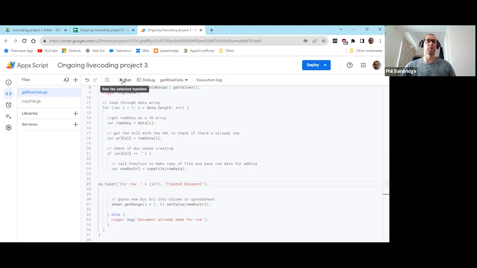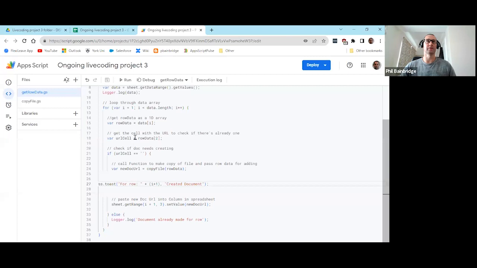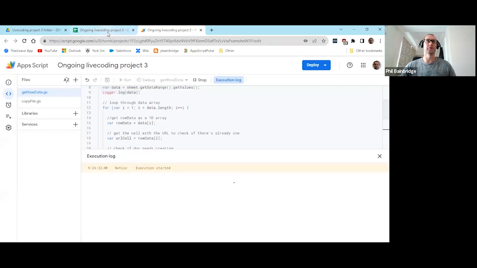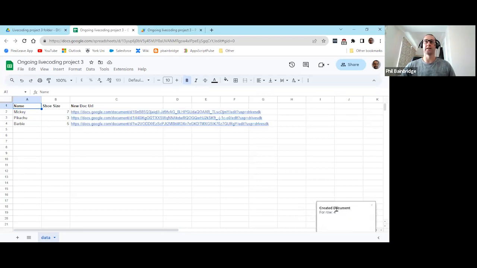And as we run it, what we want to look at doing is jumping straight back into the Google Sheet. And we're looking down here at the bottom right for the Toast notification to appear, because it's more of a visual user aid rather than somebody being in the live code itself. So if I click on run, and then I jump to the Google Sheet, it takes a couple of seconds to start creating a copy of a file. But what we're looking for here, there is our Toast notification. Now, it only really appears for a few seconds because inevitably when the next document is created, it overrides any of the previous Toast notifications. So there we go. It happened quite quickly because we only had 3 documents created.